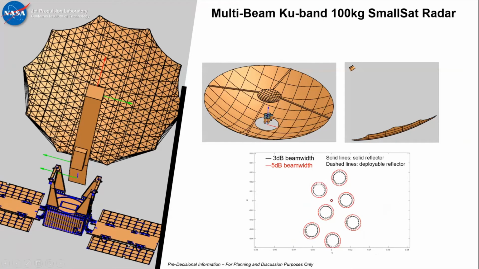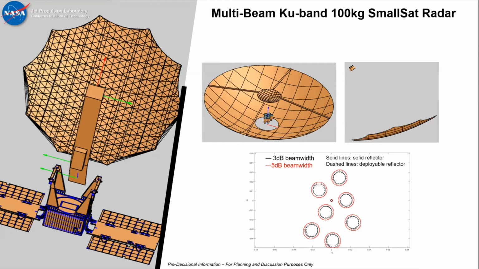Okay, so then we looked at another design, and this one is a small satellite where we're considering flying a solid reflector and a mesh reflector not too far away from each other. And we also want to use a multi-feed to be able to have different beam overlap. In this case, again, taking advantage of the motion of the spacecraft, we can get 1.5 dB of beam overlap. And the trick here was to be able, from two different antennas, to get the same